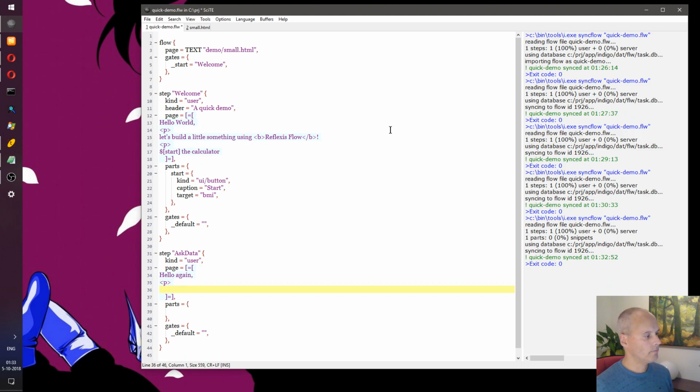And I should probably mention that this demo is not about adding styling and all the groovy features. It's about demonstrating the basic features and giving you an idea of the structure and the way this works.